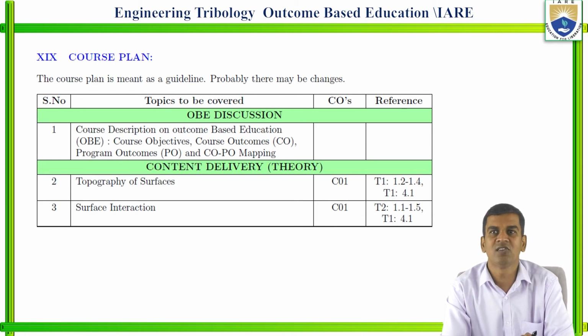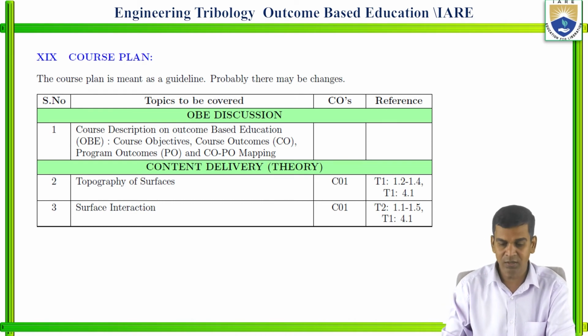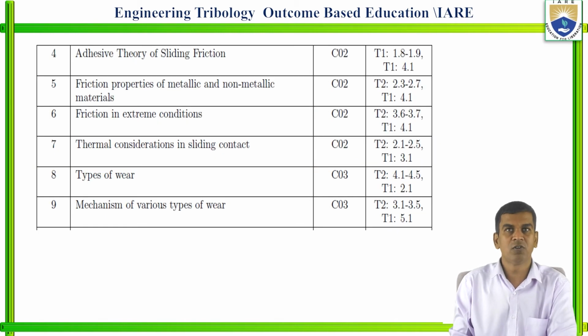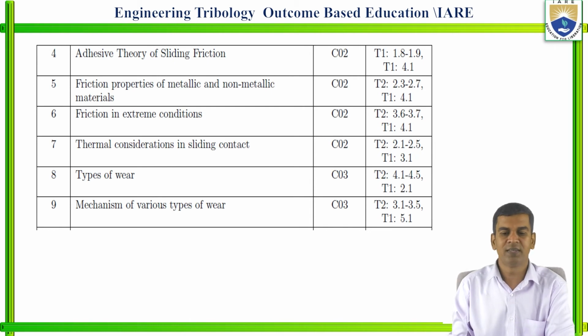matrix. In the second class onwards, the second topic is topography of surface. It is related to CO1, and the textbook, you can see that textbook 1. And the third class, you will be having the surface interaction related to CO1, and the second textbook is followed. And the fourth one is adhesive theory of sliding friction related to CO2, and the first textbook is followed. Fifth class, we will be discussing the friction properties of metallic and non-metallic, and it is related to CO2, and textbook 2 is